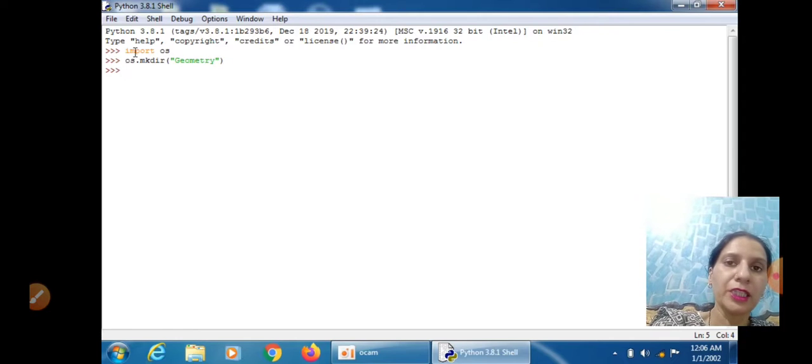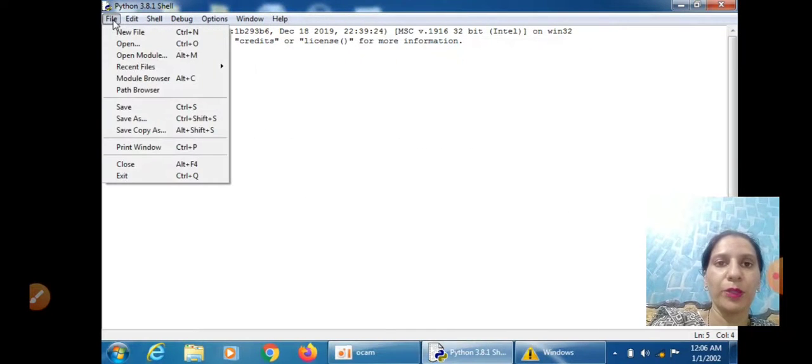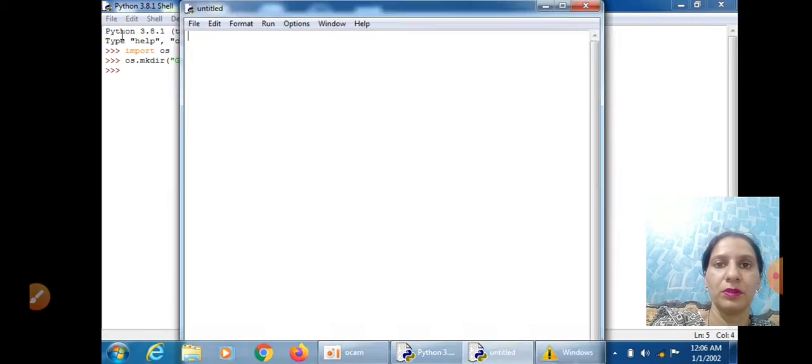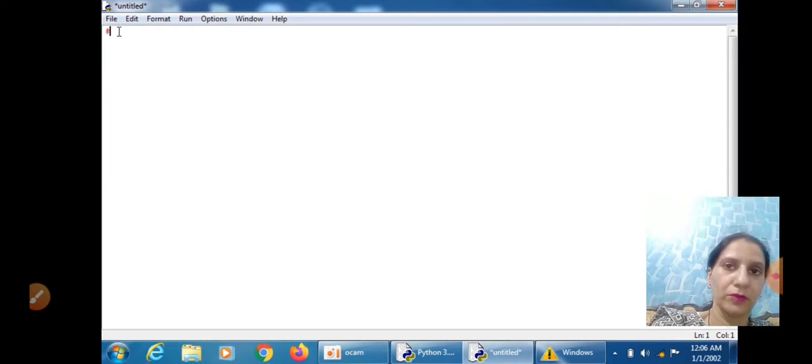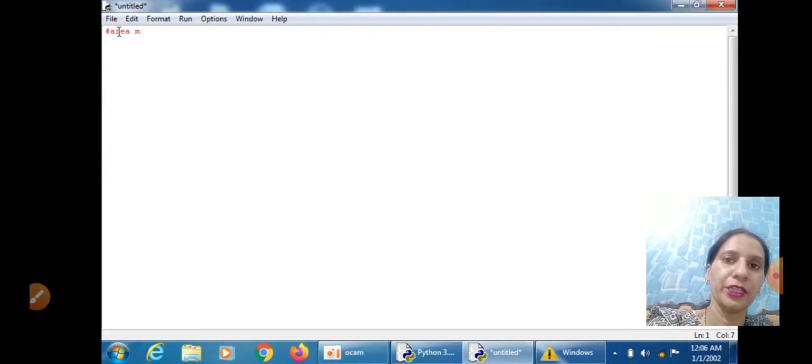Now we will create modules in this directory. Click on File and open a new file. Here create two modules, area.py and volume.py, in the same way we have created earlier. First, the area module.